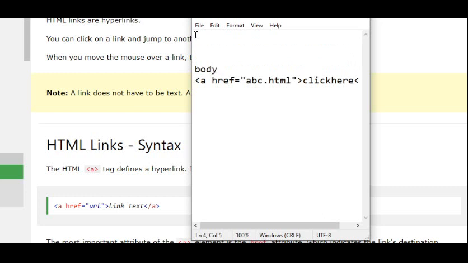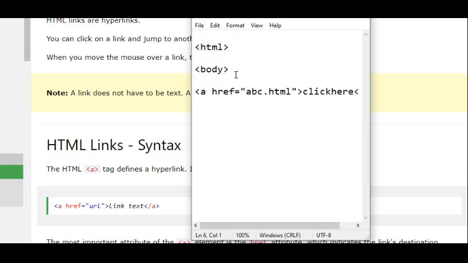I am writing the body tag. Without the head also I can write the HTML. Then I am closing the body, and then I am closing the HTML. Then I am saving the file.